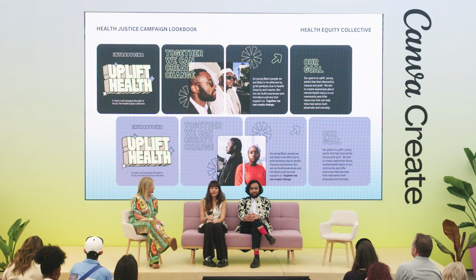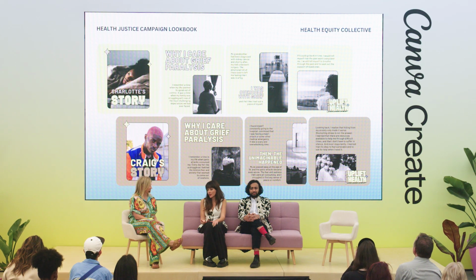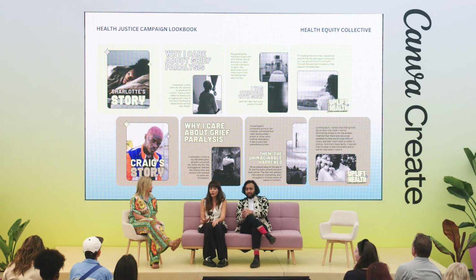Similarly, the 18-plus folks from Philly, they wanted to introduce their campaign with the goal and its mission, but then they jumped right into vulnerability. So you can see here, they created stories about how they dealt with grief, paralysis, with stress. They wanted to share that with the world and lead by example, demonstrating for their peers what it's like to be vulnerable and to talk about a tough topic like this.